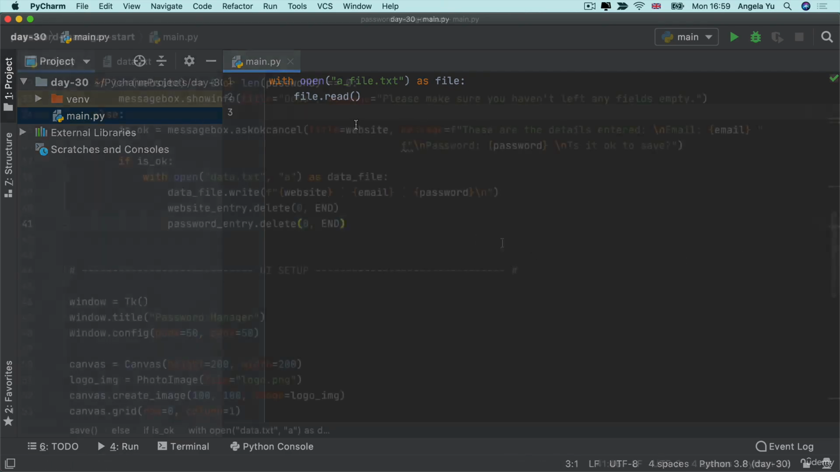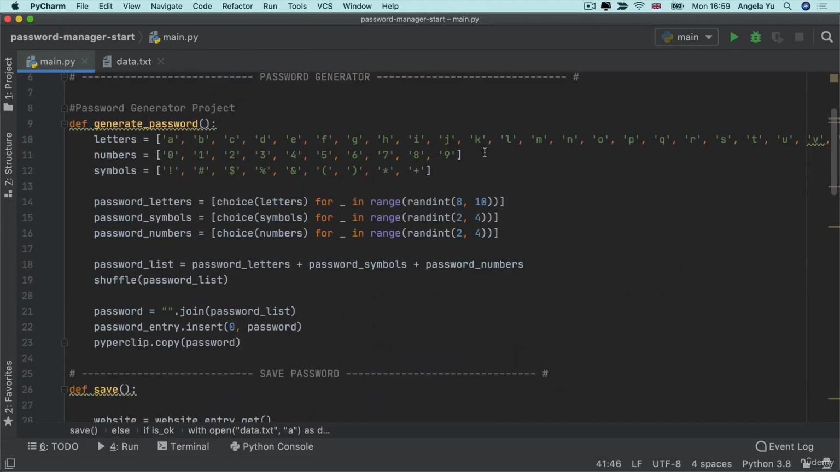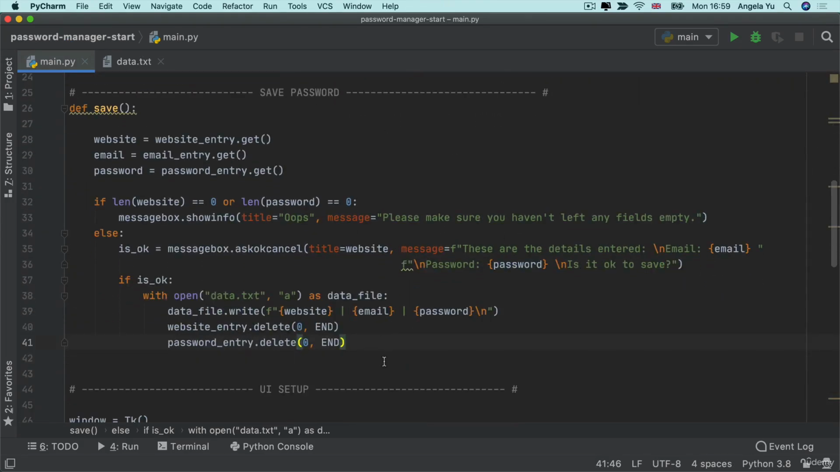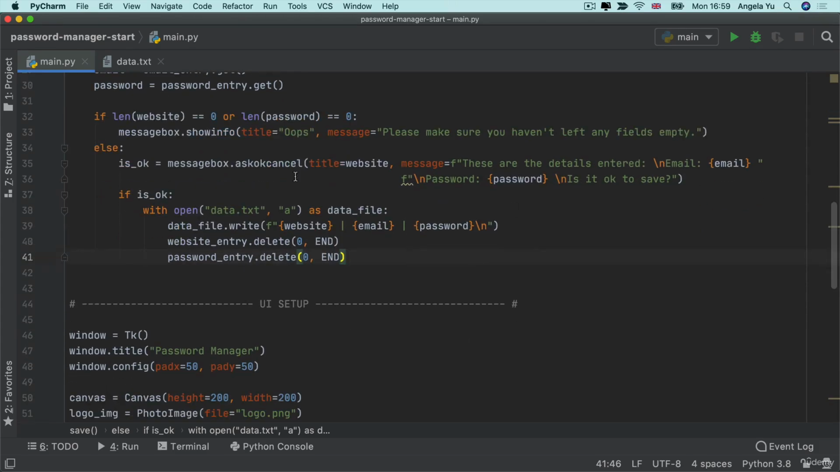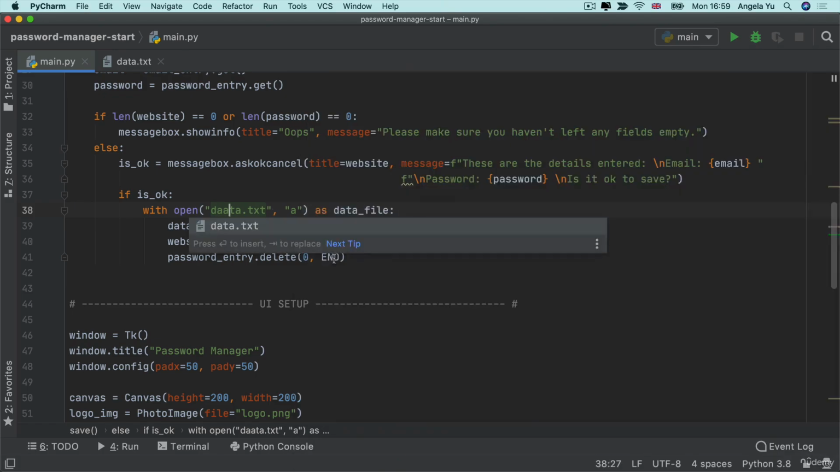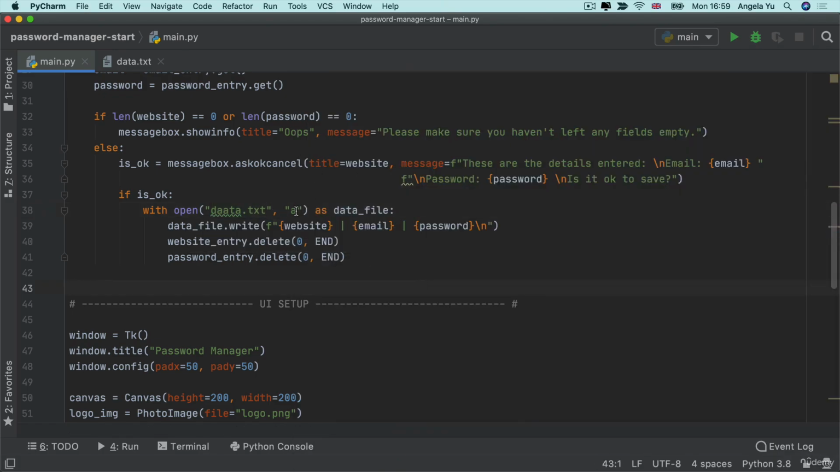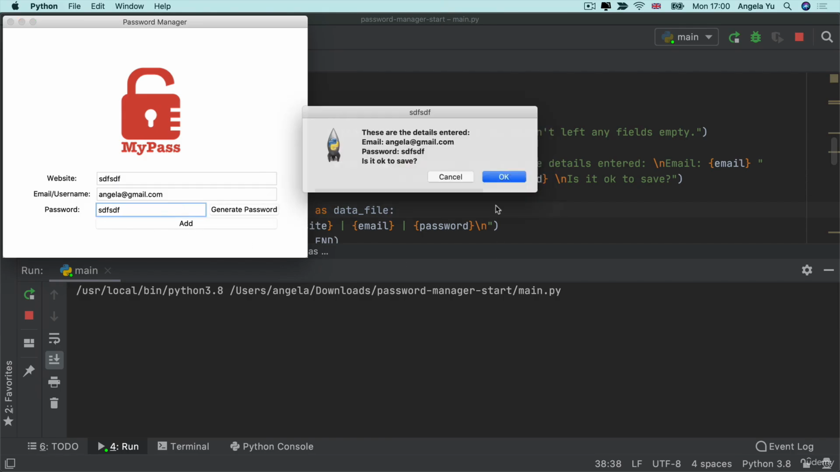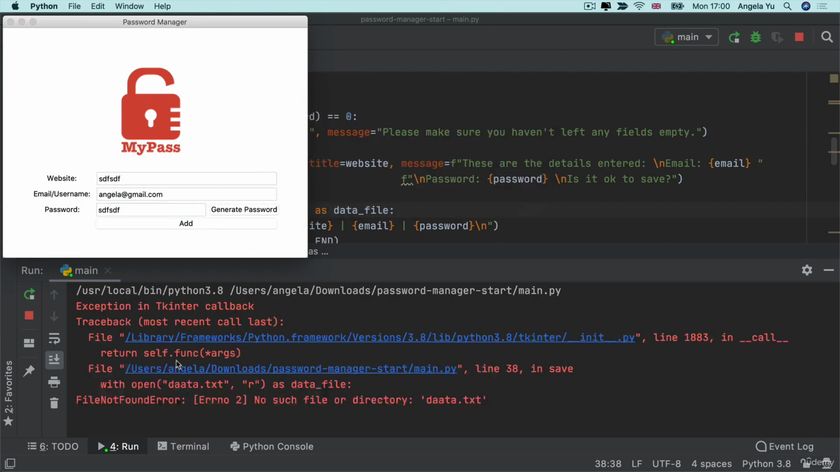That's not great. And if this happens somewhere within our actual program, so here I've got the password manager completed project from yesterday. If in this case I made a typo in this word, so instead of data.txt, I wrote something else, and instead of the append mode, I had the read mode. Well, in this case, what would happen is exactly the same thing. So I could have a website, have a password, but as soon as I hit add, then we get our